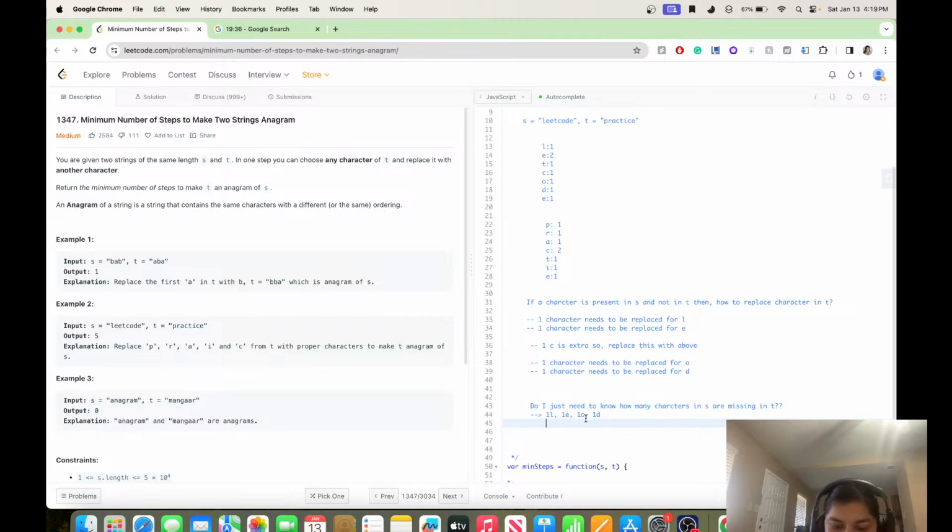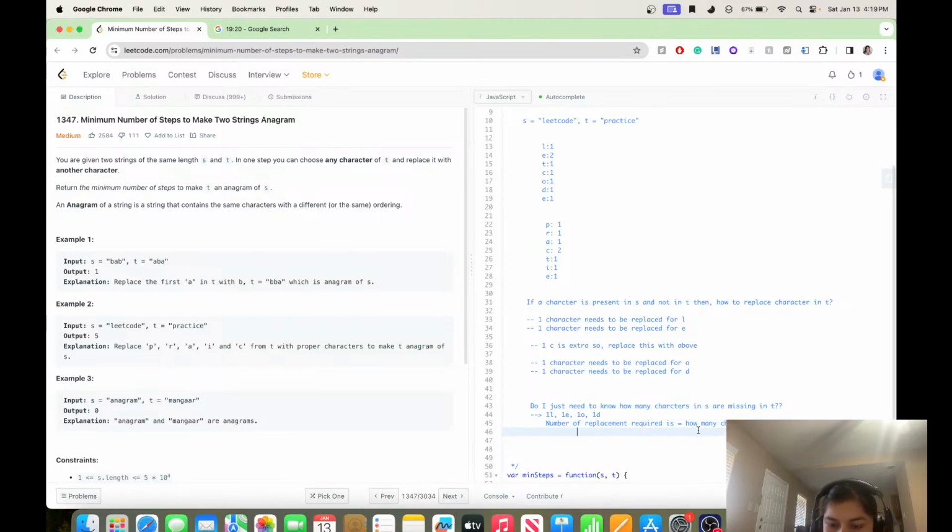So the number of replacements required is equal to how many characters in T are missing. This is equal to 4 plus... I think that only this is not sufficient,